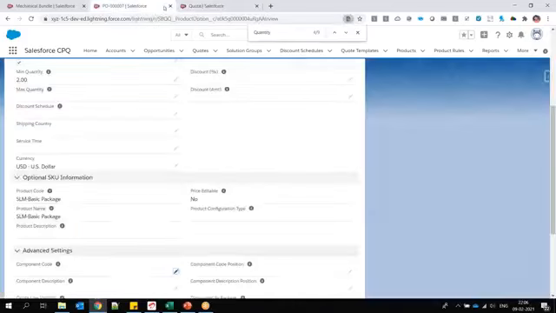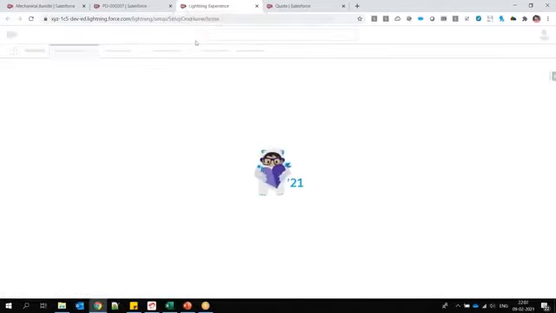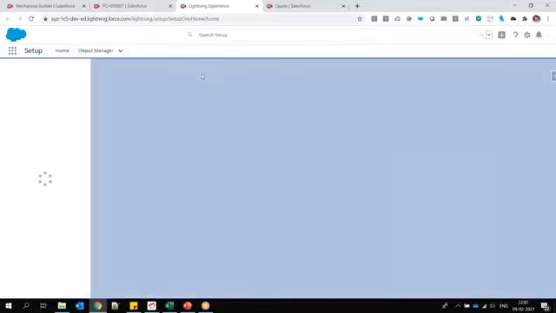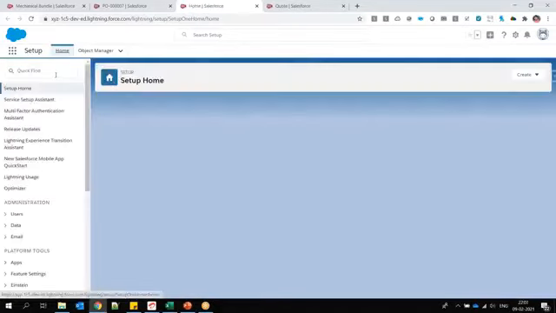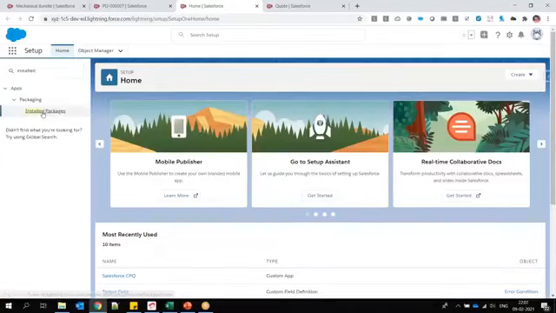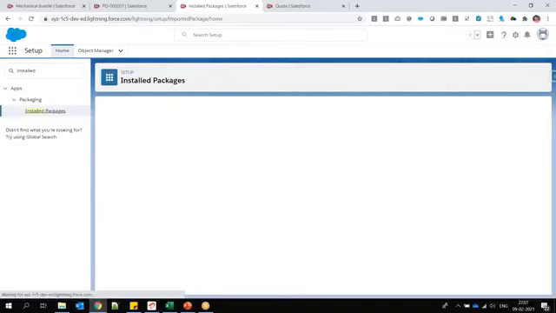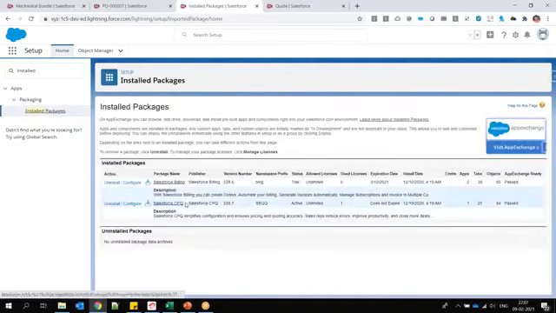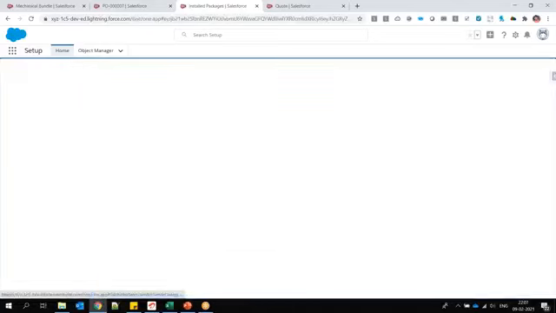If you go to the package level, we have that package level setting in the setup, but I'm not discussing those. That will be our last session, package level setting. Otherwise, in the first session you will not understand what the package level setting is. When you start on a project, your package level setting is your first topic. But from the training side, it will be the last topic, because if you go to the installed package, you will see Salesforce CPQ. And if you click on configure,